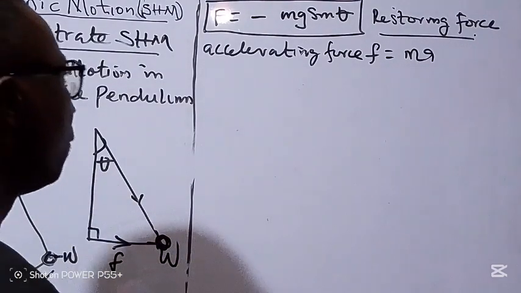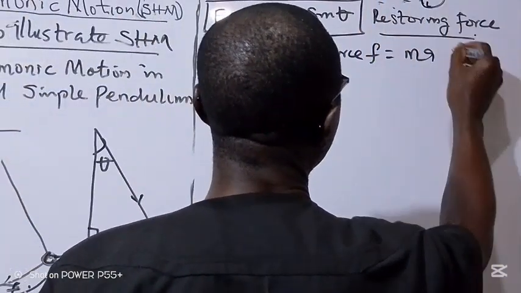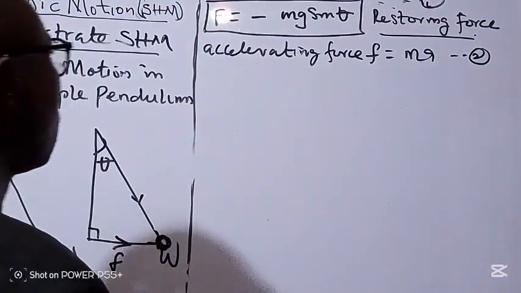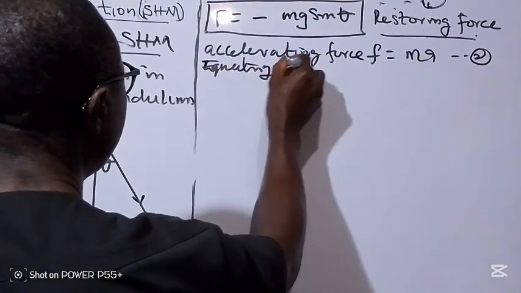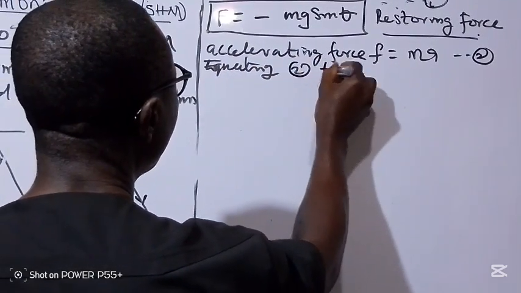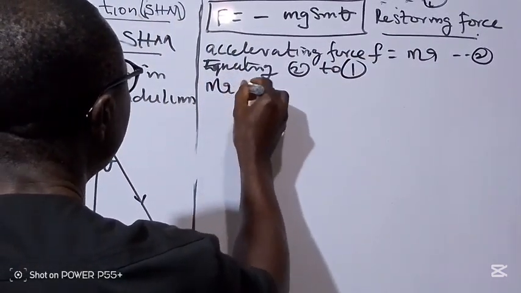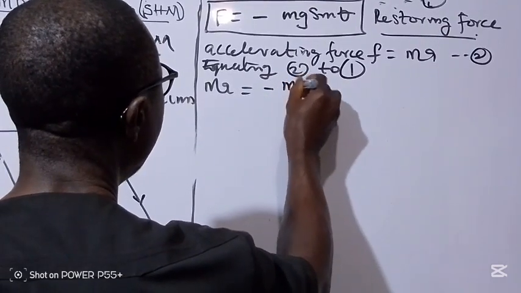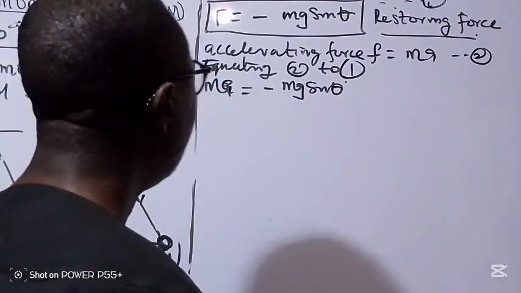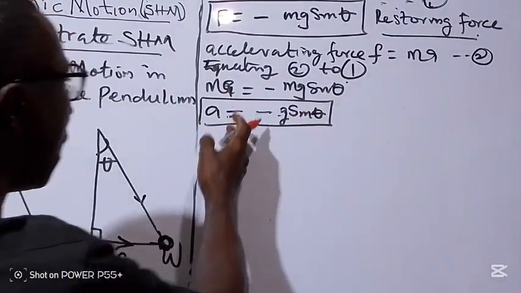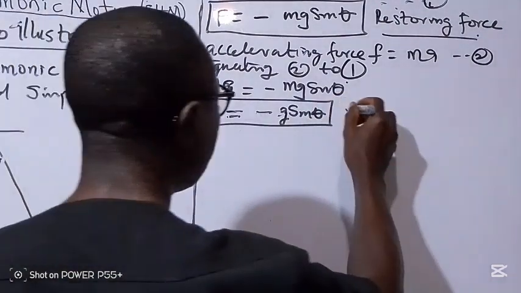Therefore, since this one is force and this one is force, if you call this one equation 1 and this one equation 2, and you now equate equation 1 to 2, then this will give us ma is equal to minus mg sine theta. From the equation on the board, m will cancel m, so we have a is equal to minus g sine theta as acceleration